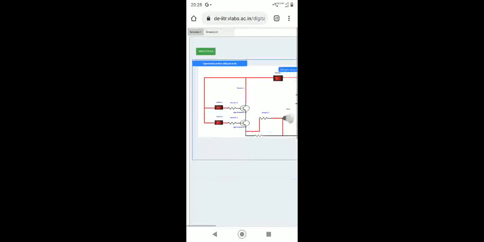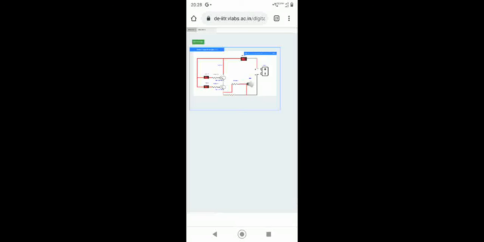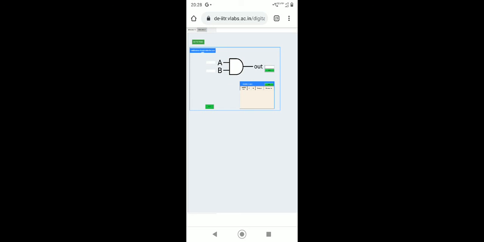Now you have to scroll and we can see the AND gate. Now we are zooming out to view the total screen, the total drawing, and here we can see one is simulator 1 and the second one is simulator 2. First of all, in simulator 2 we can see the logical diagram of the AND gate.